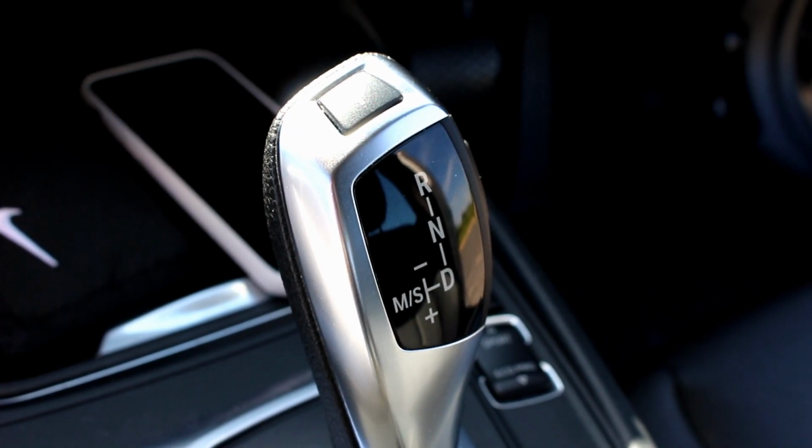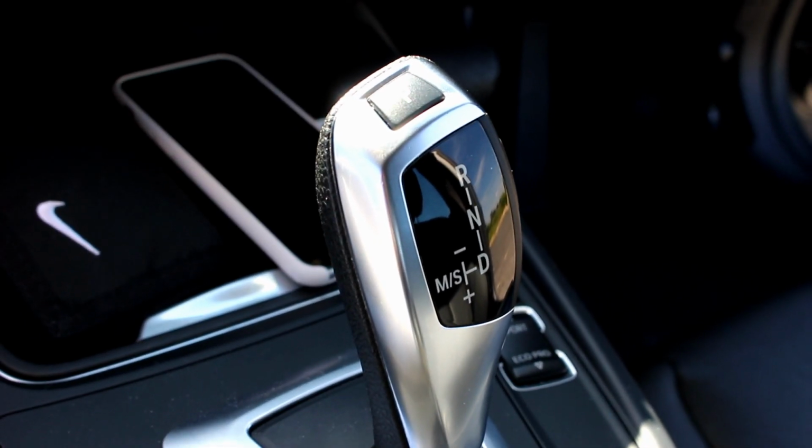Another big difference is the gearbox, the automatic gearbox anyway. The F30 3 Series comes with the brilliant ZF 8-speed. It's an amazing gearbox. It's super smooth, super fast. Of course, it's very economical now that we have 8 gears, so